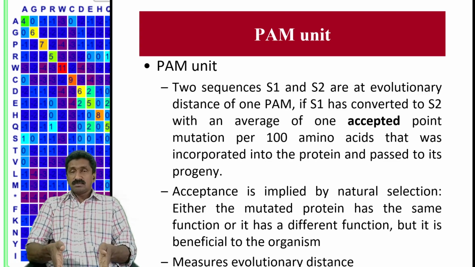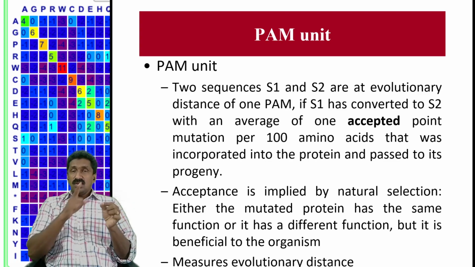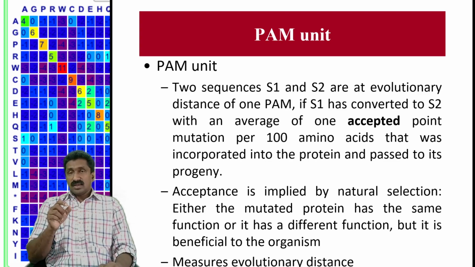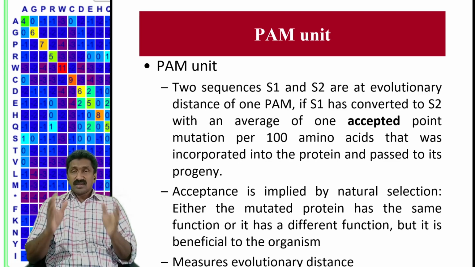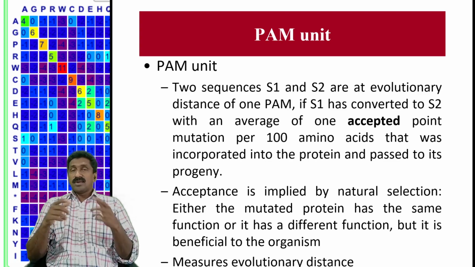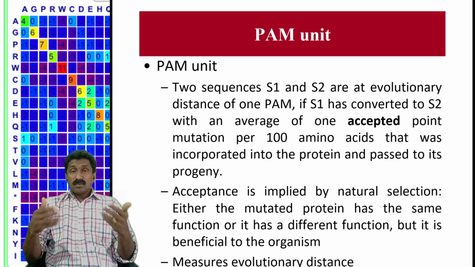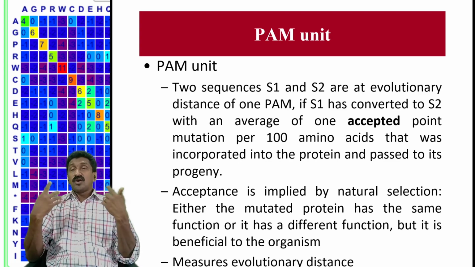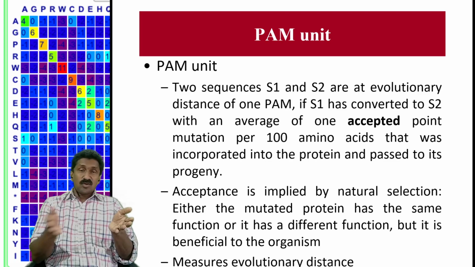So the value is calculated based on a length of 100 amino acids. So a protein sequence of 100 amino acids will have one. If there is only one mutation, then PAM 1 can be used. If there is a probability of 100 amino acid mutations in 100 amino acids, then that will be PAM 100. So take the case of a protein with a 100 amino acid length, and if there is a probable mutation for each and every amino acid, all the 100 amino acids, then it requires a very long evolutionary period. Maybe millions of years will be taken for changing all the 100 amino acids.